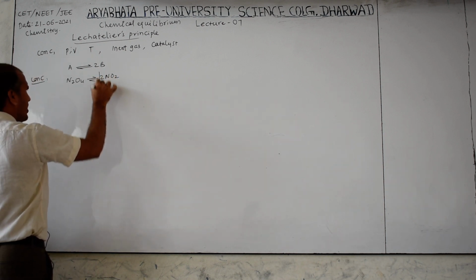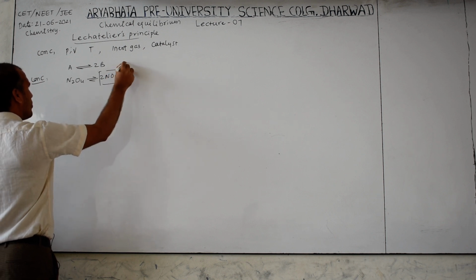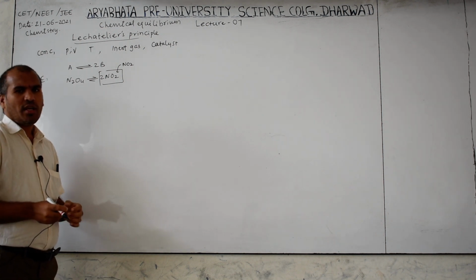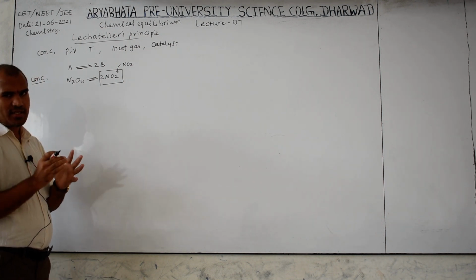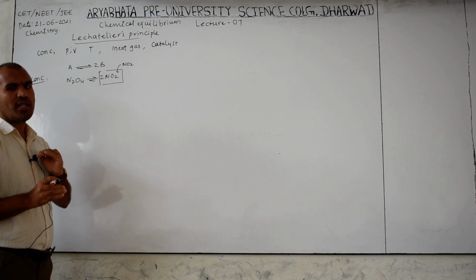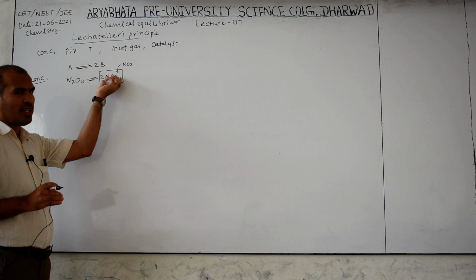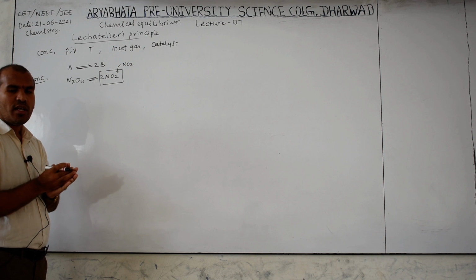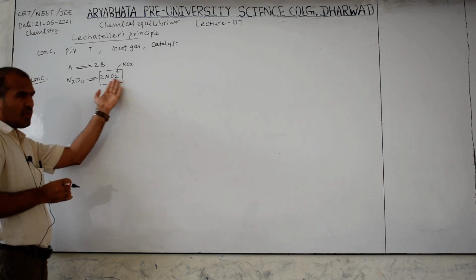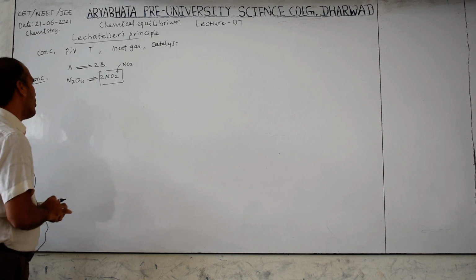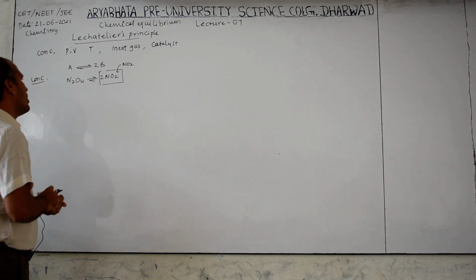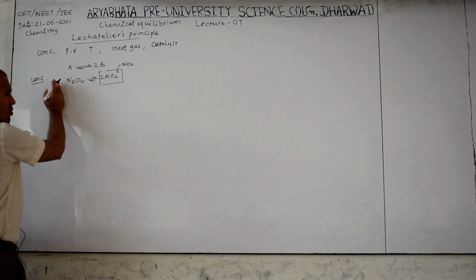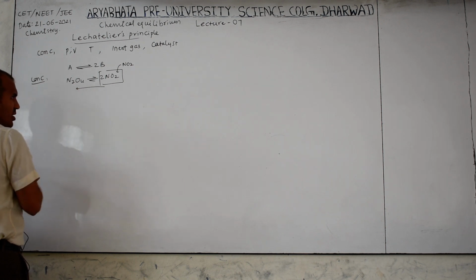Now I am adding NO2 on the right side. When you add NO2, according to the Le-Chatelier principle, if you apply any stress or change, the reaction moves toward the reduced side. NO2 is already there, you added again, so the concentration of NO2 increased. Then the reaction shifts toward which direction? The decreased side, meaning this side. So when product concentration increases, it moves towards the N2O4 direction. This is called the backward reaction.